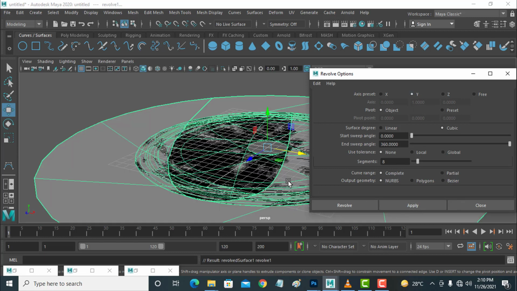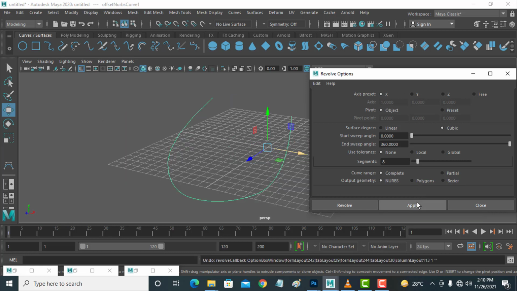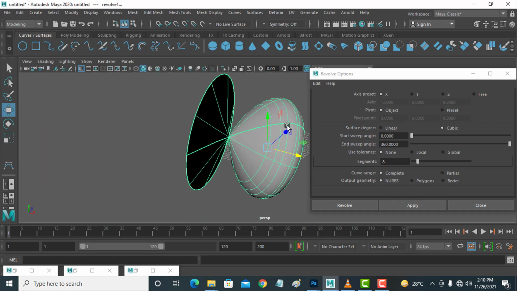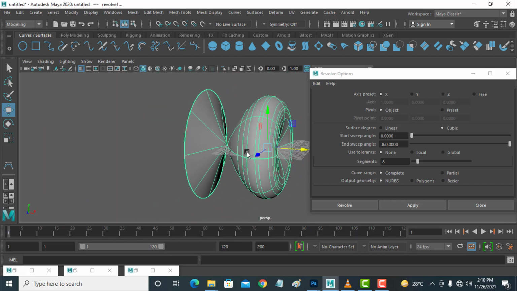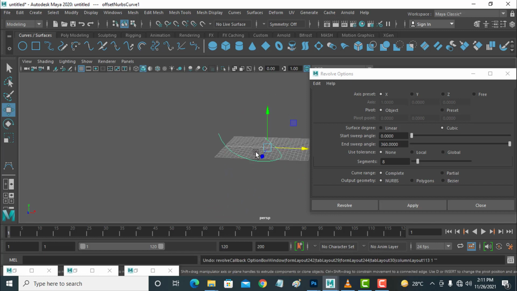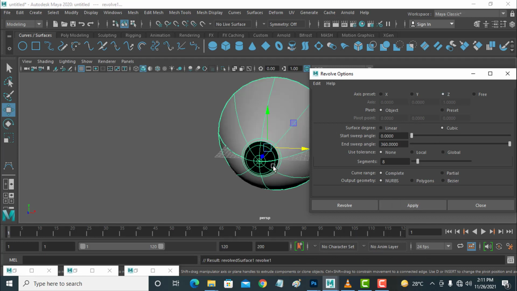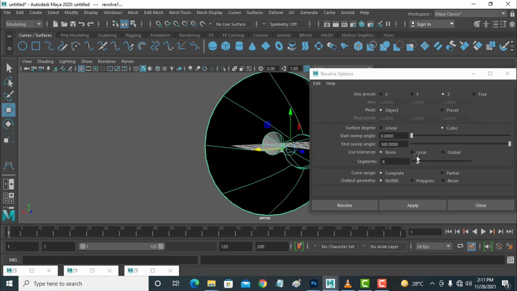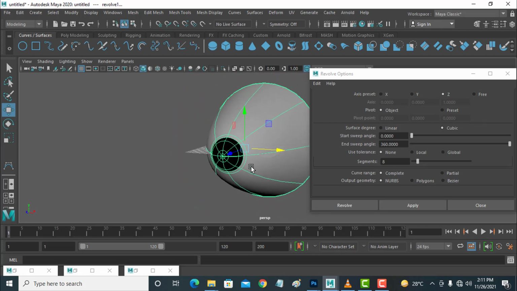So this looks like this, undo, x, apply. See the object, you can revolve this object, looks like this, and this is more important. Now z, apply, it looks like this on z axis. So this is revolve.